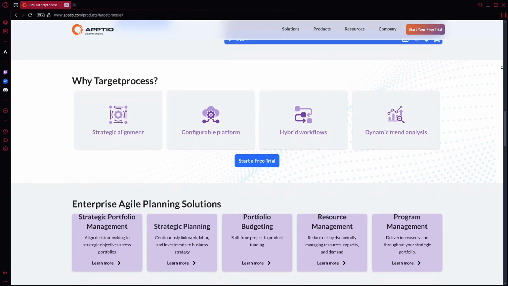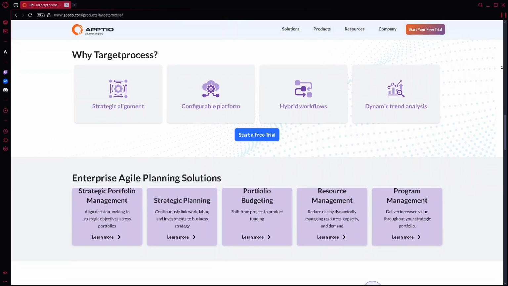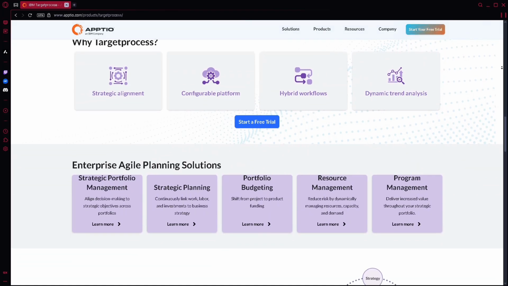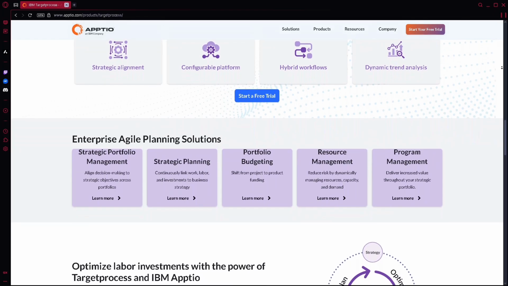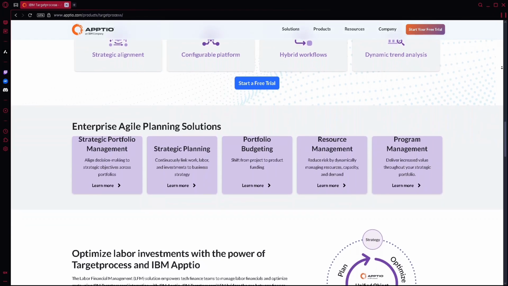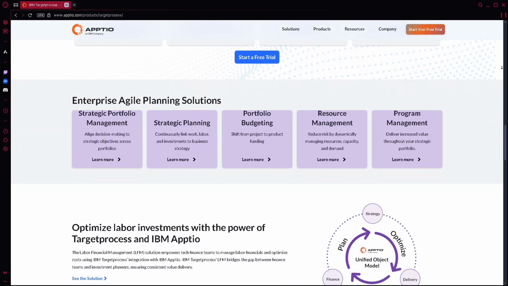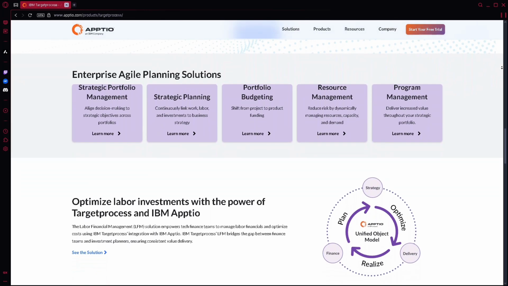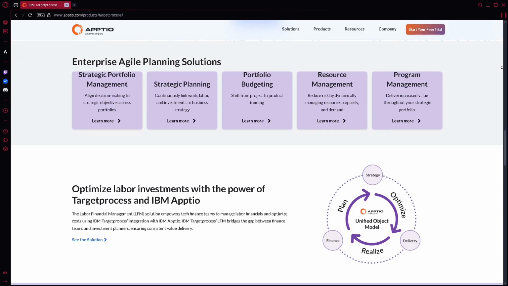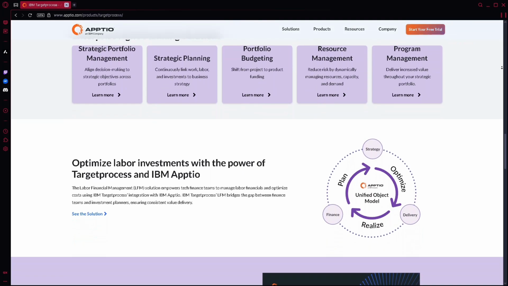Now for boards, it is to visualize workflows. It has drag and drop of items like user stories through stages. On the backlogs, you can plan work hierarchy and prioritize upcoming sprints or releases. For the timelines, it is the visual representation of work across time. It is great for high-level planning, roadmaps, or tracking dependencies.